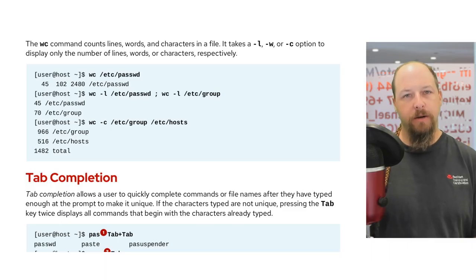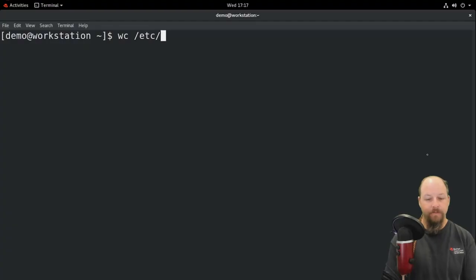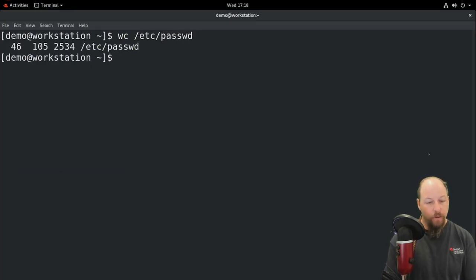Another helpful command that you'll want to utilize from time to time is the wc command, short for word count. The wc command can be used to count words, lines, or even characters of a given file. Let's try some of these options on the same file, /etc/passwd. By itself, wc will give us the output with 3 numbers. These 3 numbers correspond to the lines of the file, the words of the file, and the number of characters